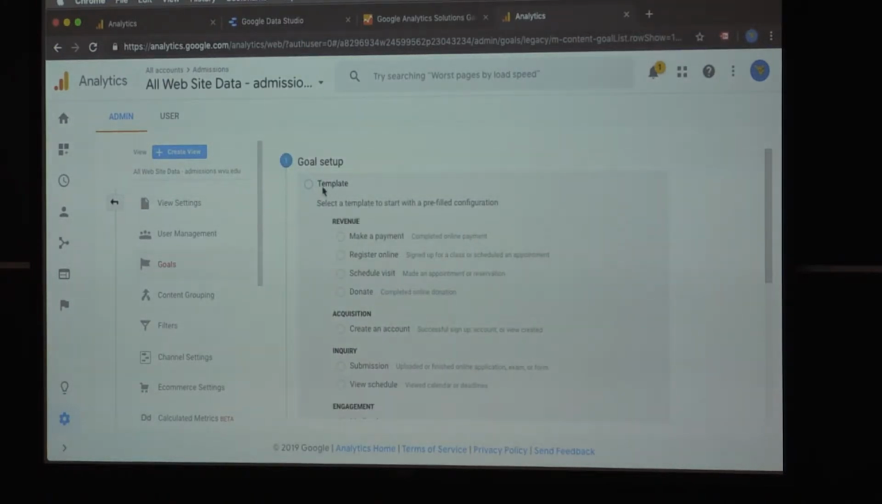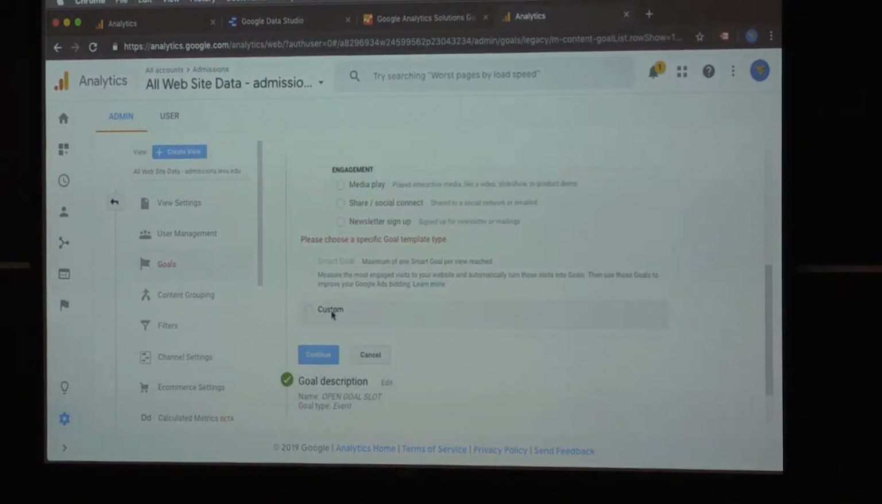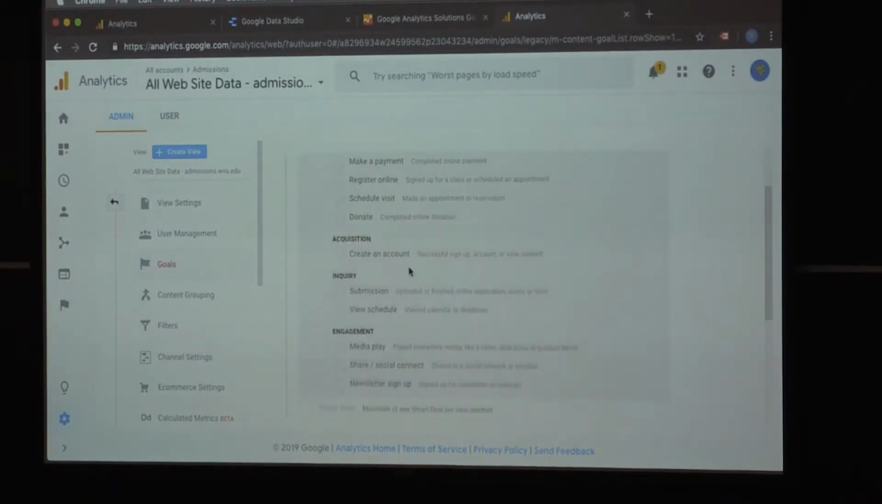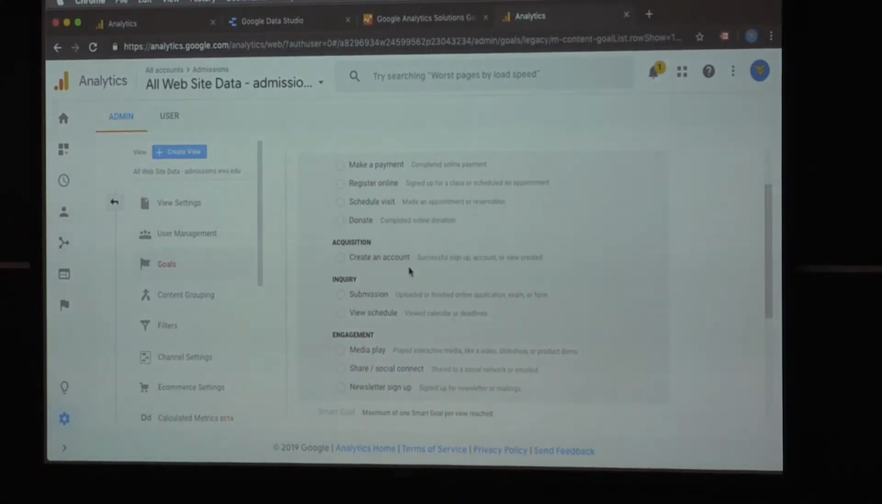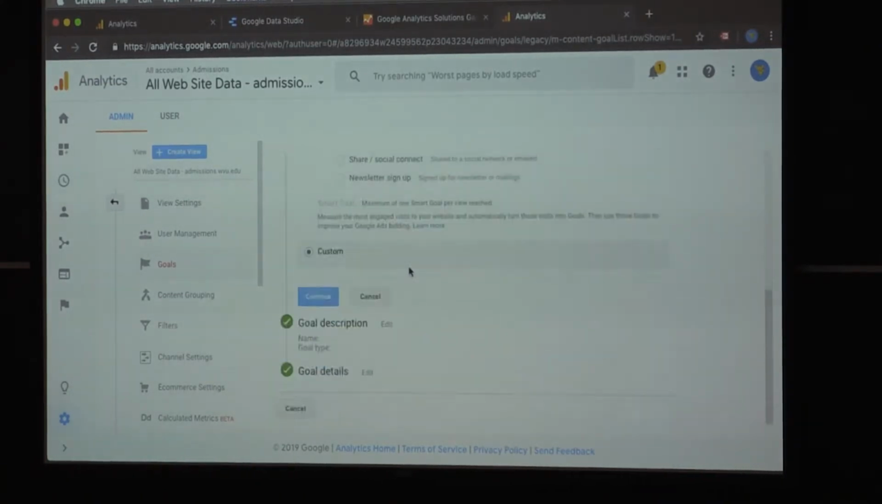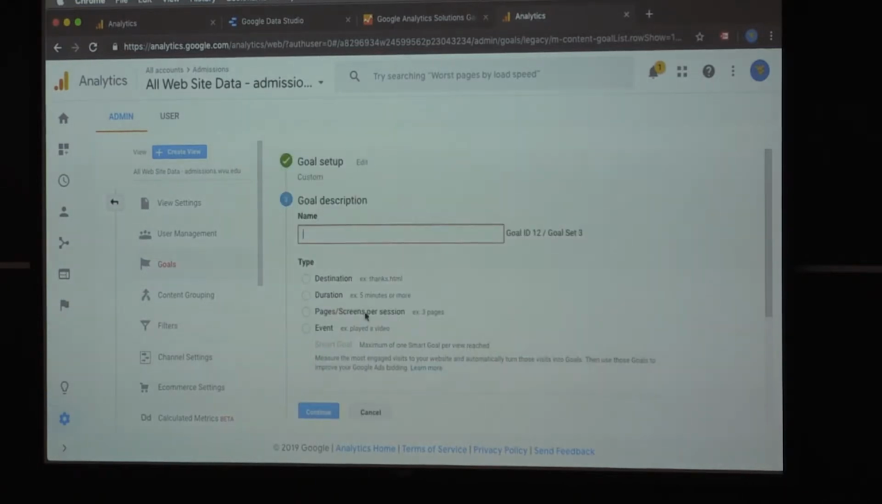No, we're not going to do custom. I didn't even realize this was here because I haven't set this up forever. Okay, we're going to do custom though. Continue. The first goal,